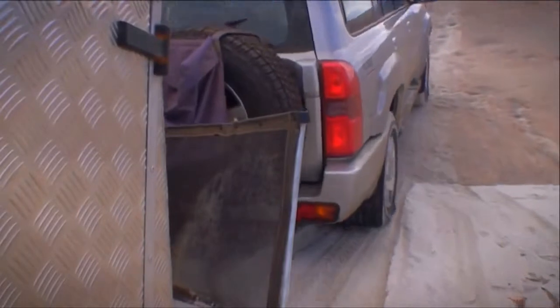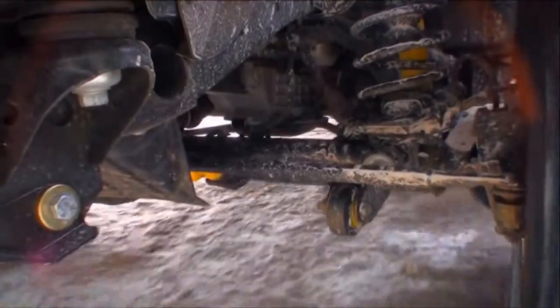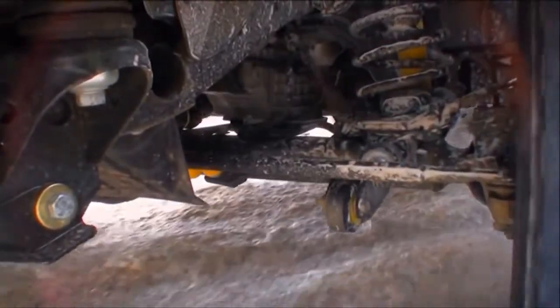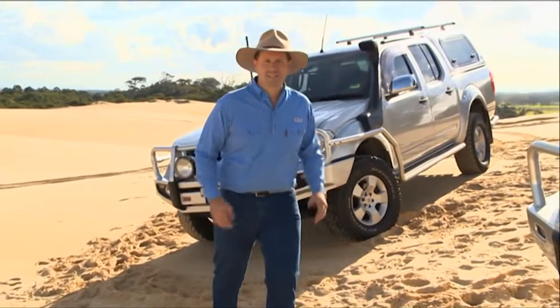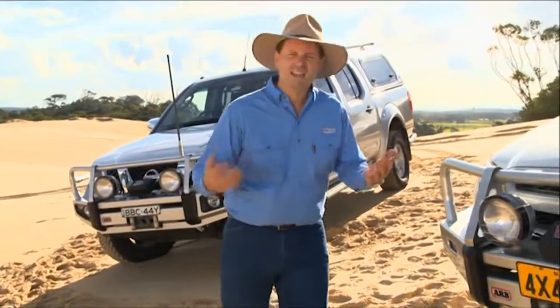as well. Whether you're bouncing along hundreds of kilometres worth of corrugations or climbing up a steep slope, you want a suspension system that offers you enough ground clearance, great wheel travel, plenty of control and comfort, and improved ride and towing performance. Now, the original suspension on most four-wheel drives is set up for light loads and city sort